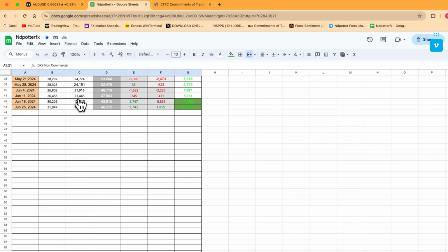Now on the short position, from 24,000 to 21,000, they reduced from 21,000 to 12,000. You see, they cut massively on their short, showing that they are more interested in long than short on DSY. Then from 12,000 they increased their short a bit to 14,000. They increased their short by 1,800, which the number on their long position is still much bigger than their short. So with the way the data is looking now, for me, I'm still bullish on DSY,